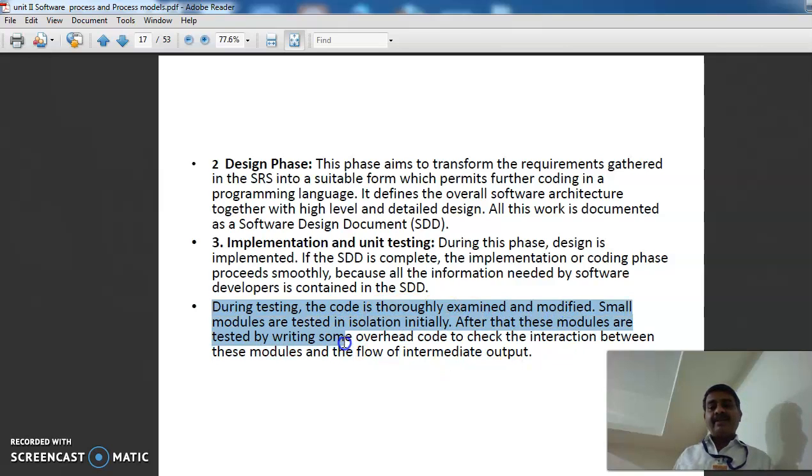What does it contain? It contains the code, and that code is examined and modified. Simply, it is executed in a compiler, or in an interpreter or system tools. It requires the system tools also.